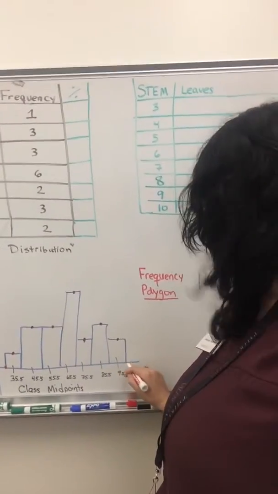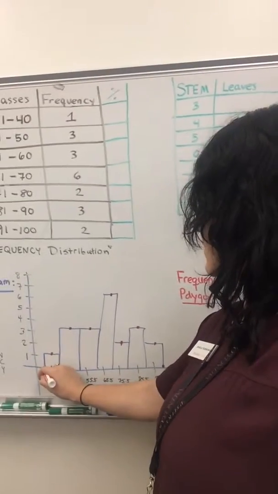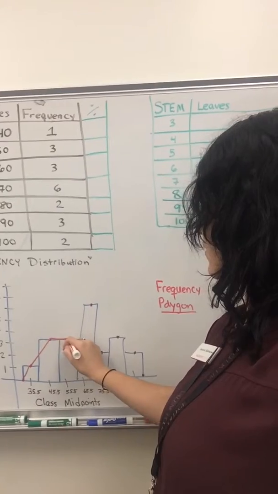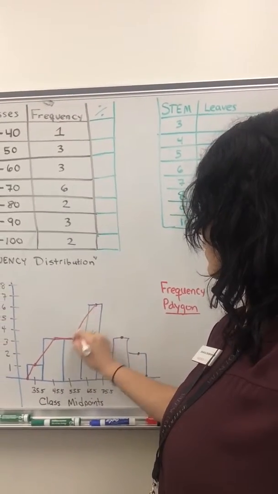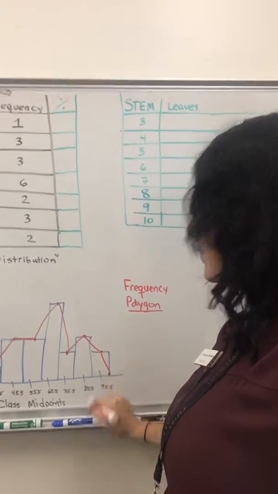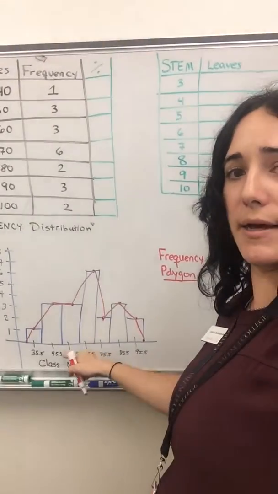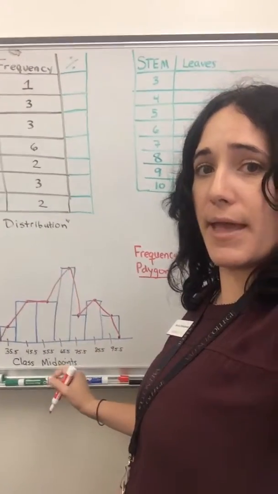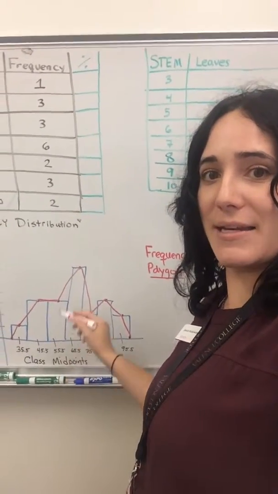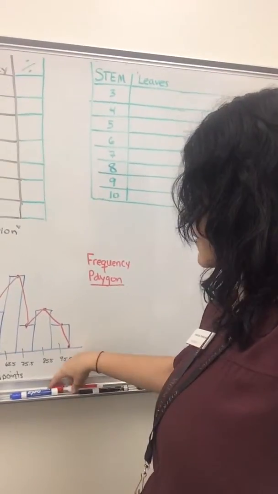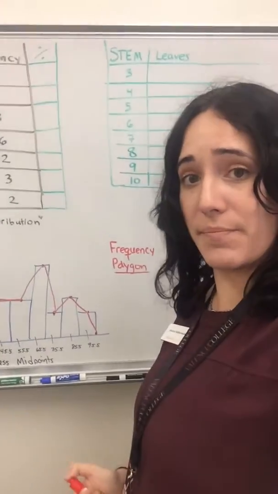Finally, we connect all of the dots starting at the beginning of our first bar and ending at the end of our last bar. So what we create is a polygon, a closed object. If your base is here, it's a polygon, and it's a frequency polygon because its height continues to change based on the frequencies. So that's our second type of graph. It's very easy to construct from a histogram.